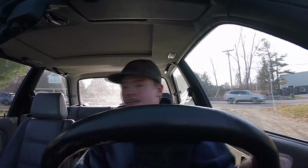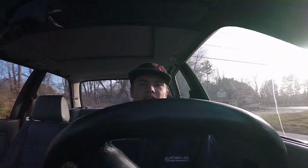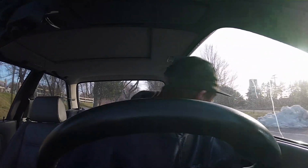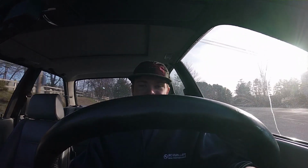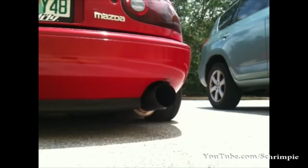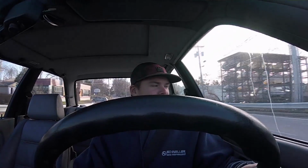You're driving around in a car that costs less or the same as those other cars, but you're getting a 6-cylinder. And the noise out of a 6-cylinder, a straight 6 for that matter, is, in my opinion, much better and much more exotic and much more classy sounding. You don't get that tin can rattly sound like you get out of a Miata. You don't get the boxer rumble like you get out of a BRZ,